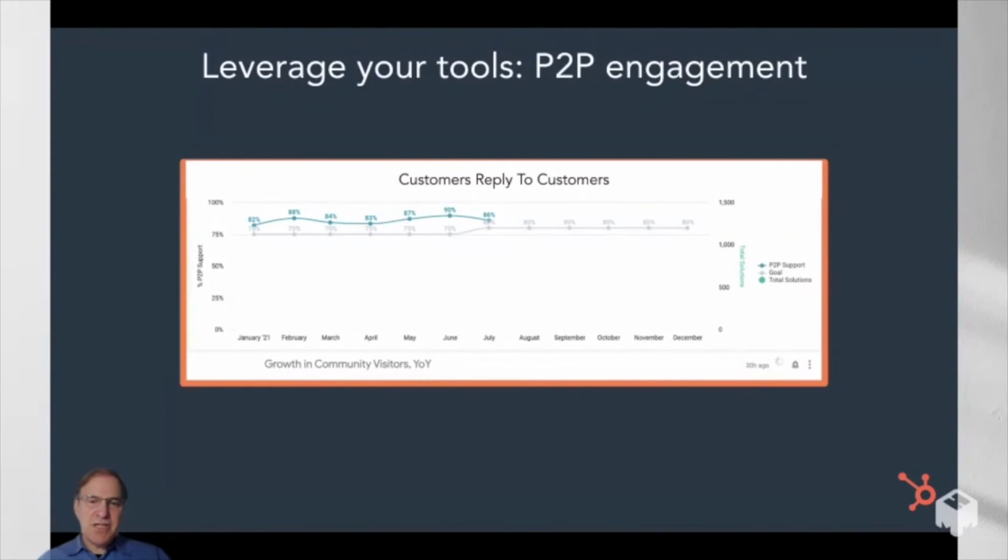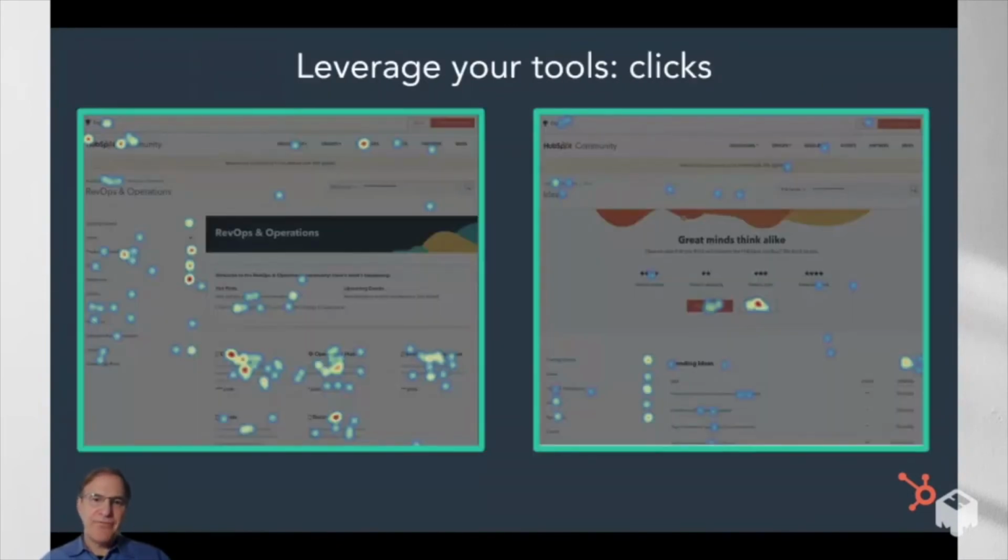And if you put the energy into it, it's good to look at what type of customers are helping each other. Is it the champions and all-stars? Is it a different group? One thing about customers here is we tend to look at the champions and the all-stars in the community. I'm a big fan of looking at the rising stars, the people who down the road will eventually become your champions on the site. The next tool here is from Hotjar, which I heard today got acquired.